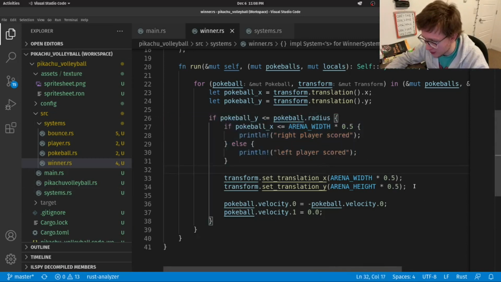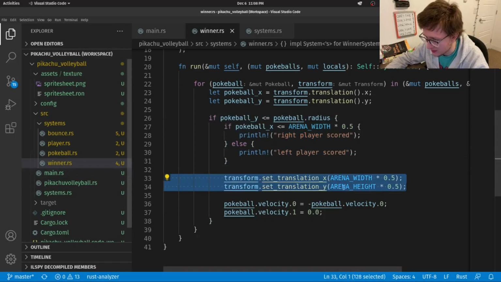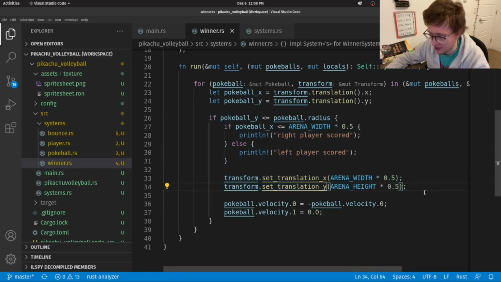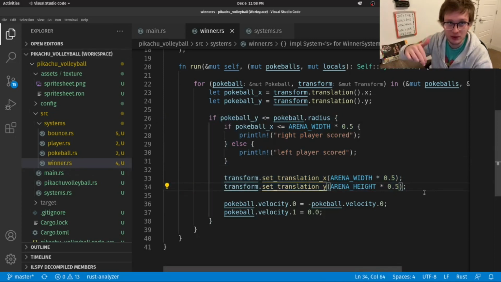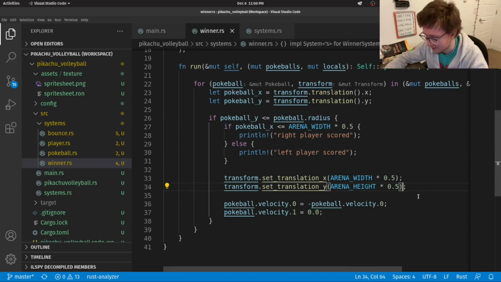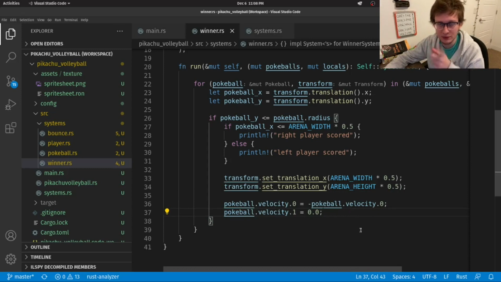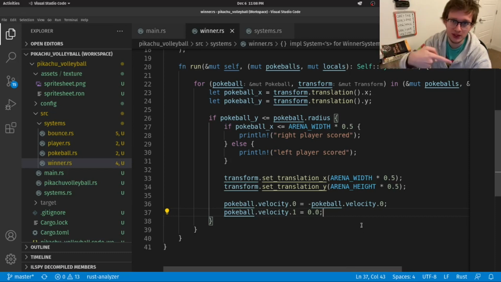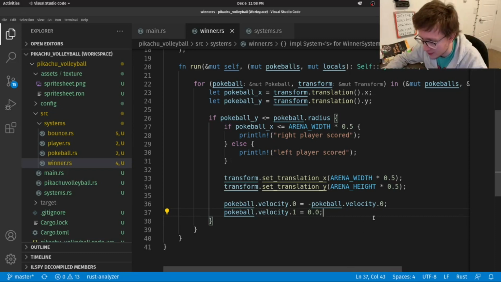So this being all good, we change the position of the ball. So say that it hit the ground, we then respawn it at the middle of the arena. Okay. Next up, we then just change the velocity, right? So if it started off serving the player on the right, it will then start serving the player on the left. And that actually should be good enough for our first test.